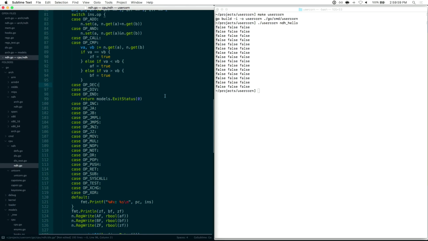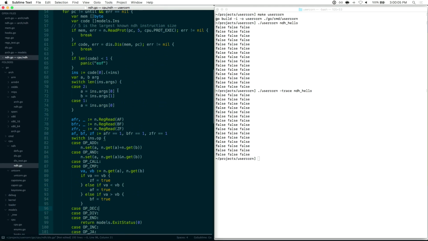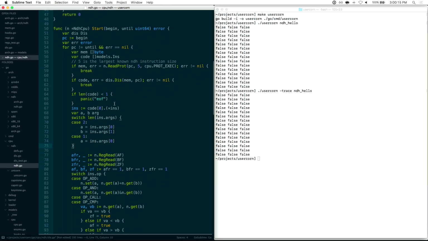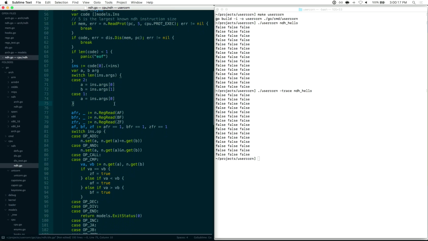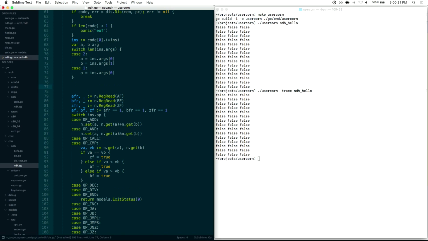So I also run with -trace, nothing happens yet because usercorn has a bunch of debugging stuff built in, but it requires the CPU to have all of the hooks active, and this CPU is not dispatching instruction or basic block hooks yet, but that's fairly easy to fix. I can do